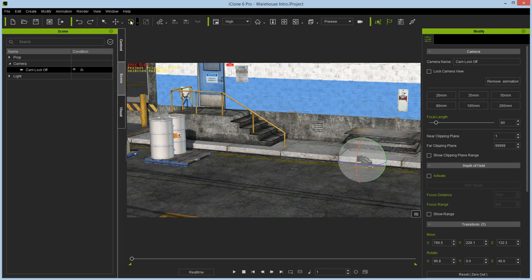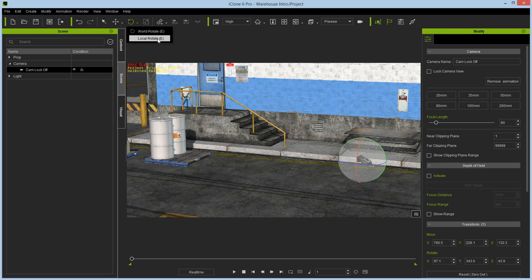If we go back to our rotate tool, remember we couldn't alter this blue circle. Click on it and drag, you'll see that I am actually now able to roll the camera. Although this axis doesn't represent really what you expect to be able to roll the camera with. And that again is to do with the local and global coordinate system. Now that we have this auto level feature deselected, let's see what happens when we switch the camera to local